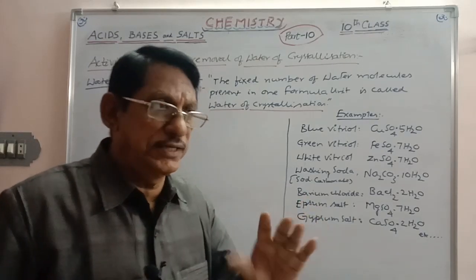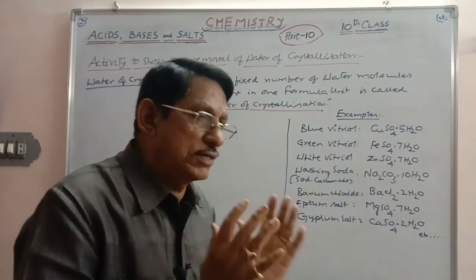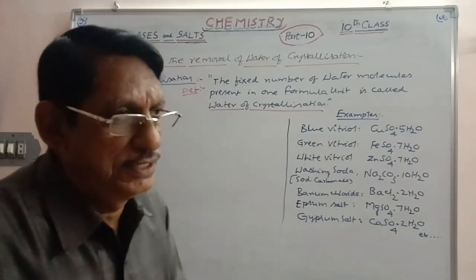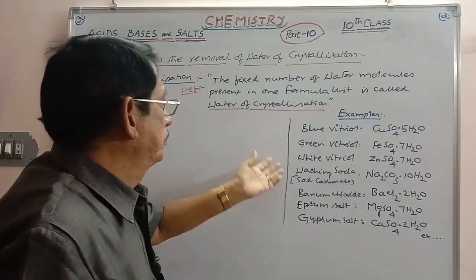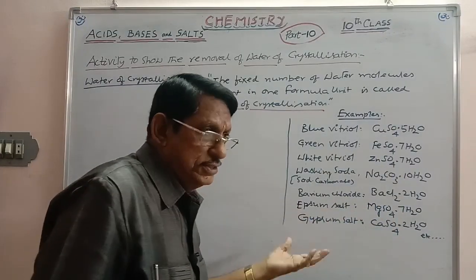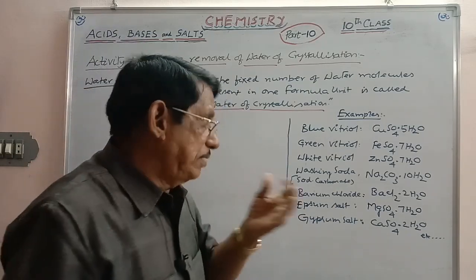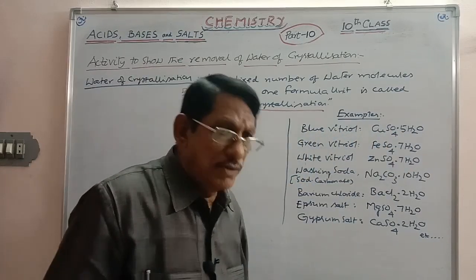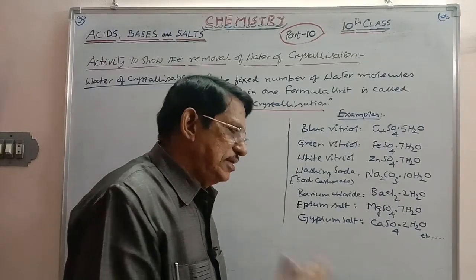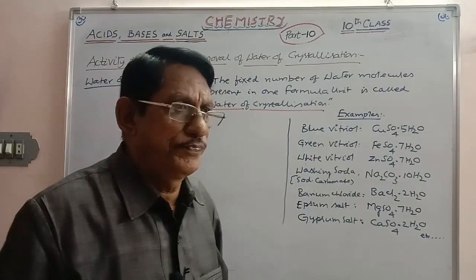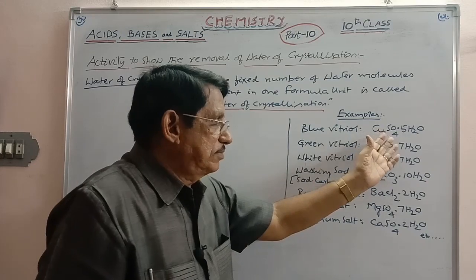A certain number of water molecules will be attached to the molecule or molecular formula. That is what we call a formula unit, because ionic compounds are generally called formula units. So here you can take examples of the water of crystallization present; many salts will have this kind of water of crystallization. The famous example is blue vitriol, that is copper sulfate. What is the formula of copper sulfate? CuSO4. That is correct. If you want to write equations or reactions, it is sufficient if you write only CuSO4. But actually during the crystallization process, this will have the formula CuSO4·5H2O.